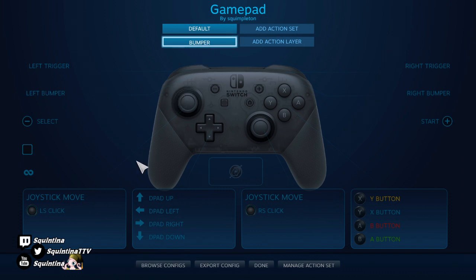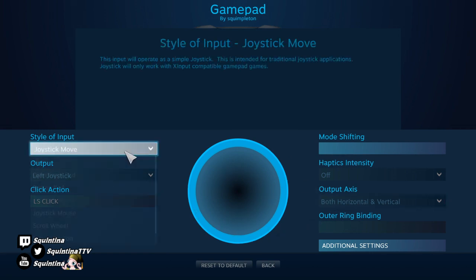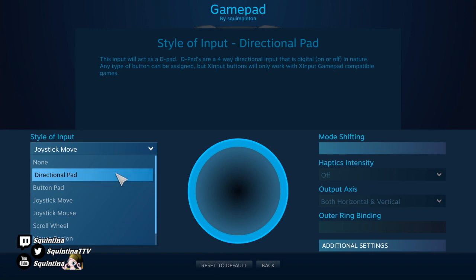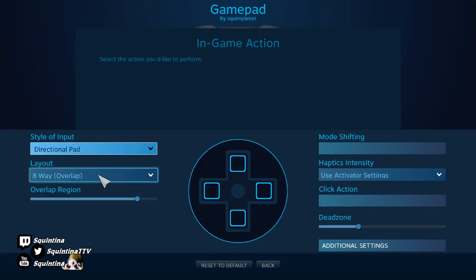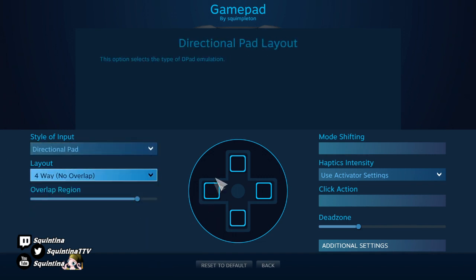And in my bumper, I'm going to select the analog stick, and I don't want a joystick move. No. I'm going to change this to directional pad. You could do 8-way, I'm going to go to 4-way. And so basically, it's going to pretend that it's like a D-pad. It's still going to be the joystick, but it's going to pretend it's a D-pad. That's why you can have 8-way if you want to assign